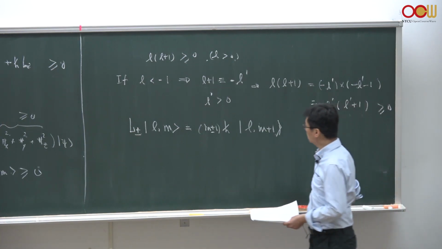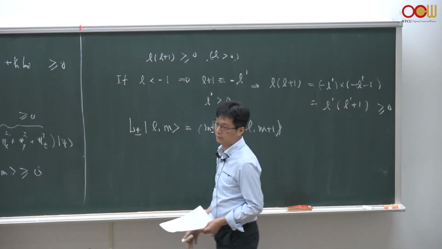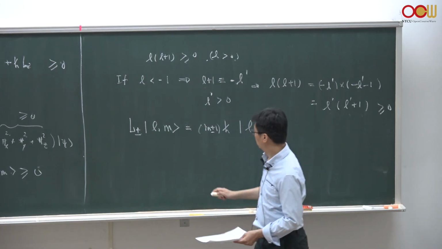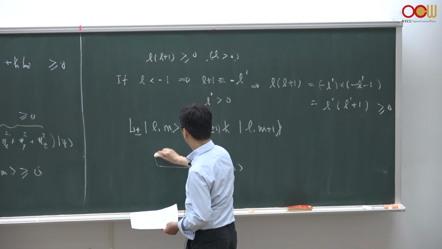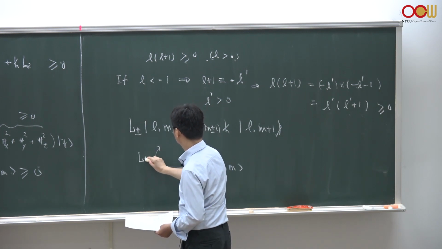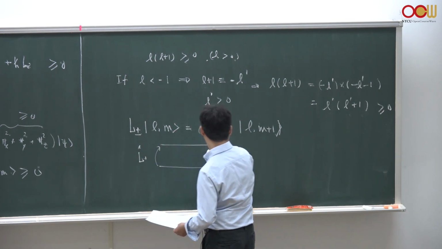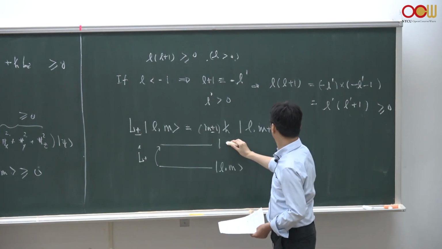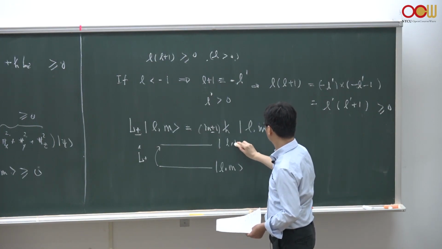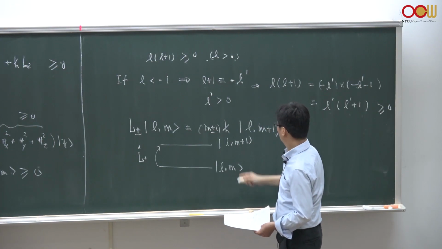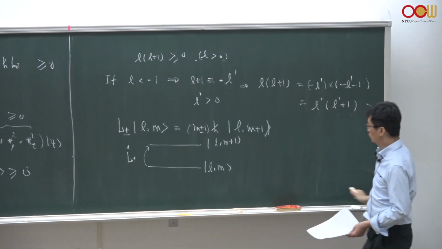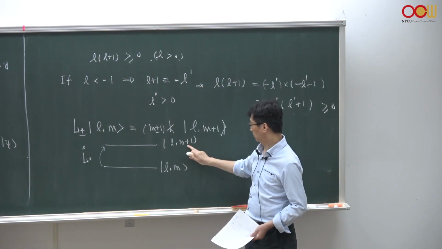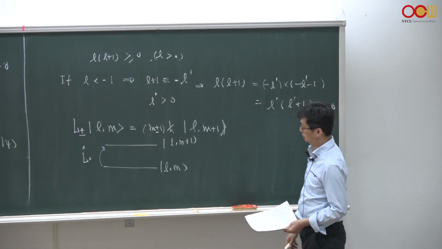And this justifies why we call them raising and lowering operators, because suppose we are here and we apply L plus, and we end up, say, a floor above us with (m+1) times h bar as the eigenvalue,